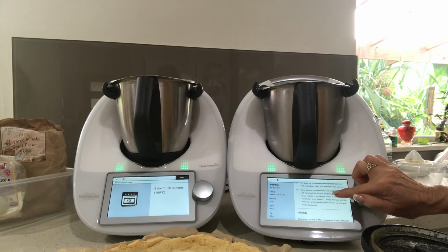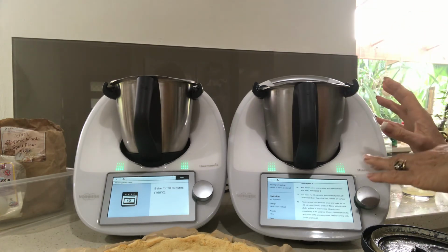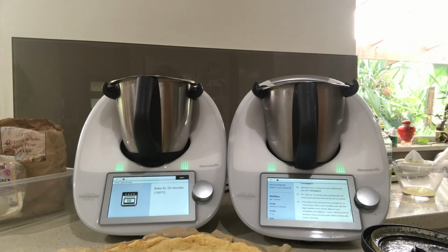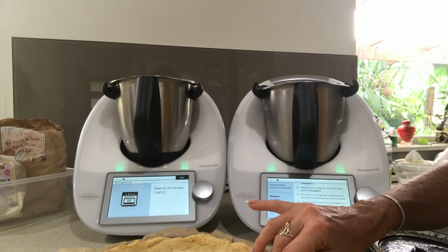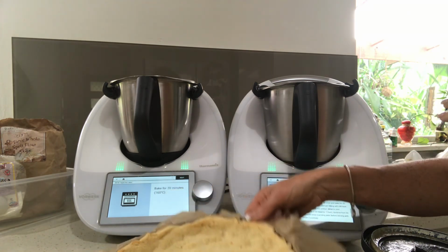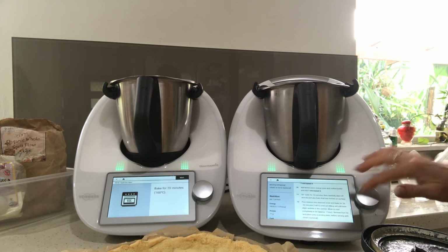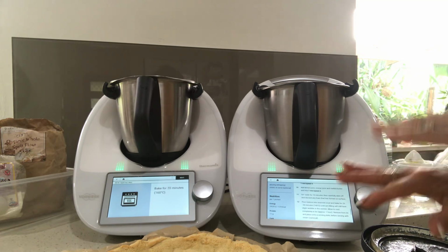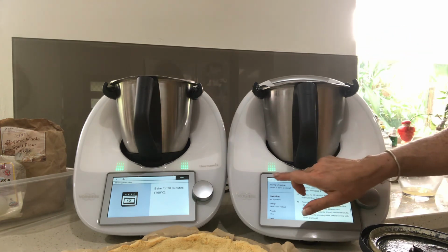Alright, so what we're going to do is, a couple of the different tarts, we cook the curd in the Thermomix, and after 10 minutes we pour it into the pan and then you pop it in the fridge or allow it to cool. So that's one way to do it. This one's actually saying that we can pop it into the case now and bake it. But seeing how I've already got the oven set at 160 and it's cooking something, I could do both. This one would want it to cook for less, so it's saying 140, which may mean it will brown too much. So why don't we just continue this recipe on manual,